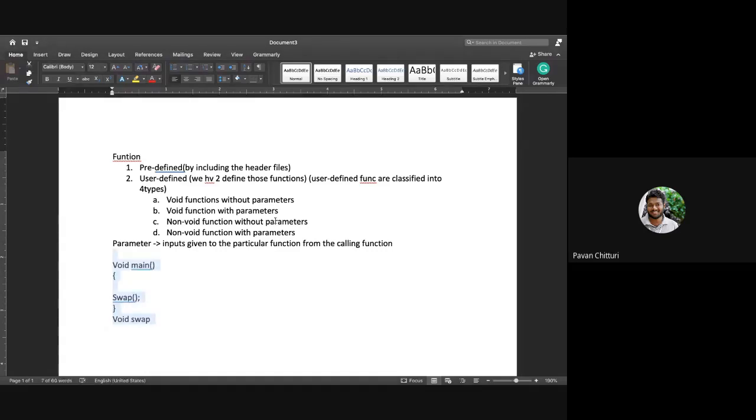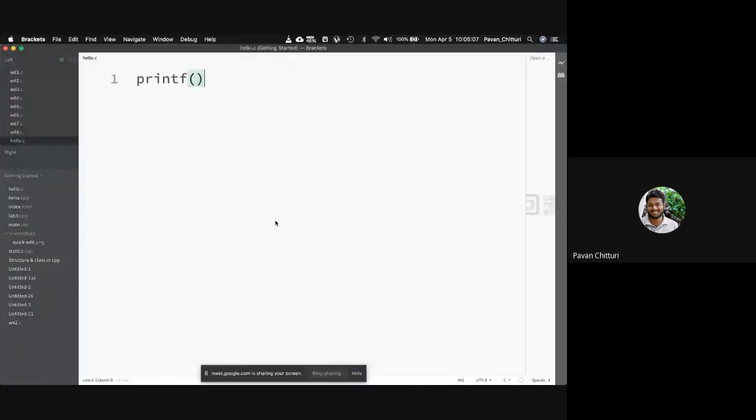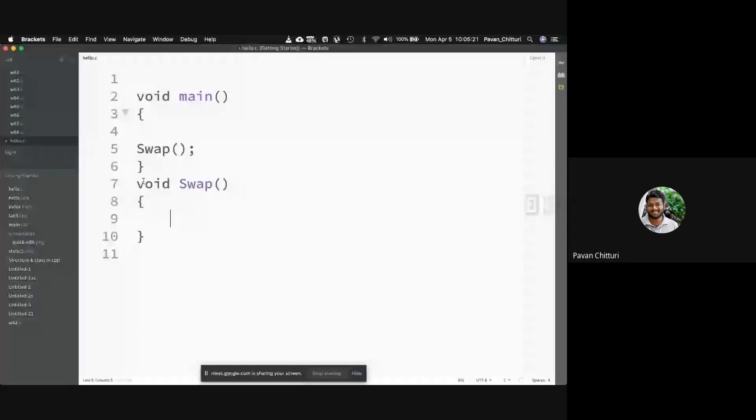When you are writing functions like this, this is the function declaration, and I need to declare this in order to use it.